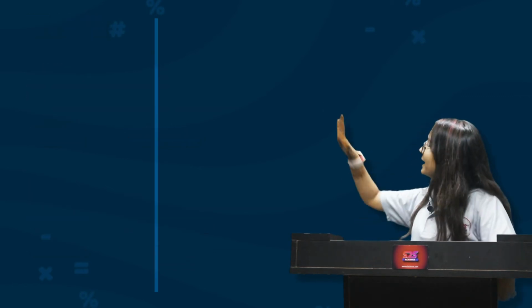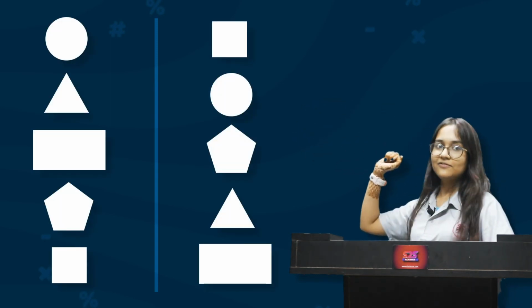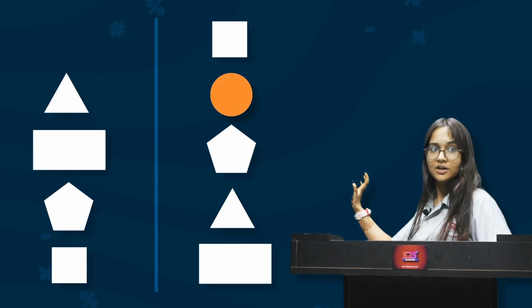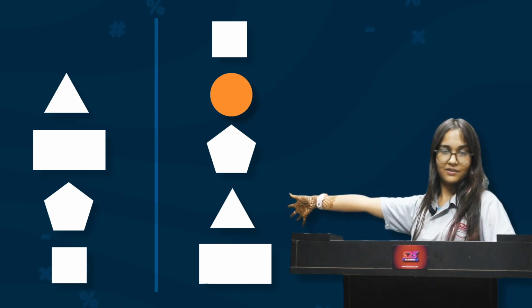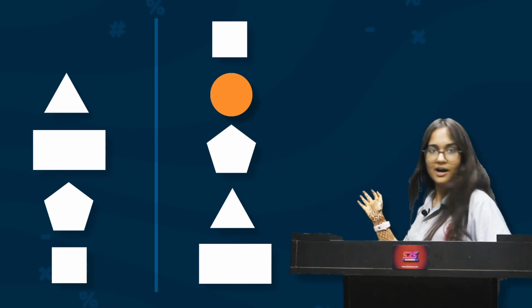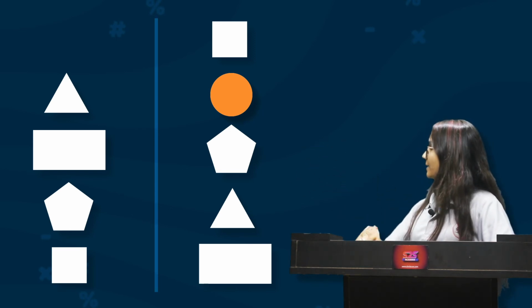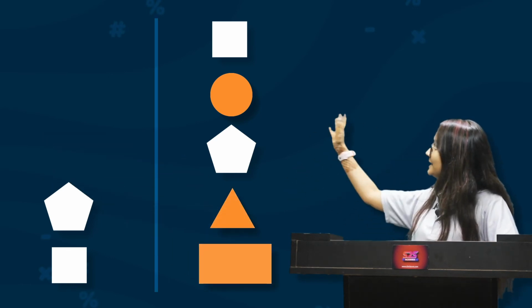Now let us do a fun activity. I'll make two columns and I'll put some shapes over here and the similar kind of shapes over here, and we need to pick one shape from here and drag it over here to the similar one. So here are 5 shapes given over here and the other 5 are given here. We need to match the similar kind of shapes. So let us look at what the similar kinds of shapes are in these 10.